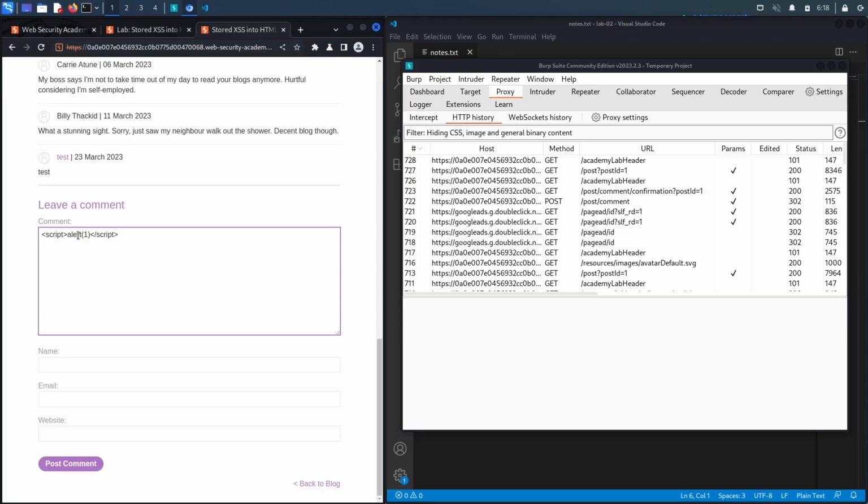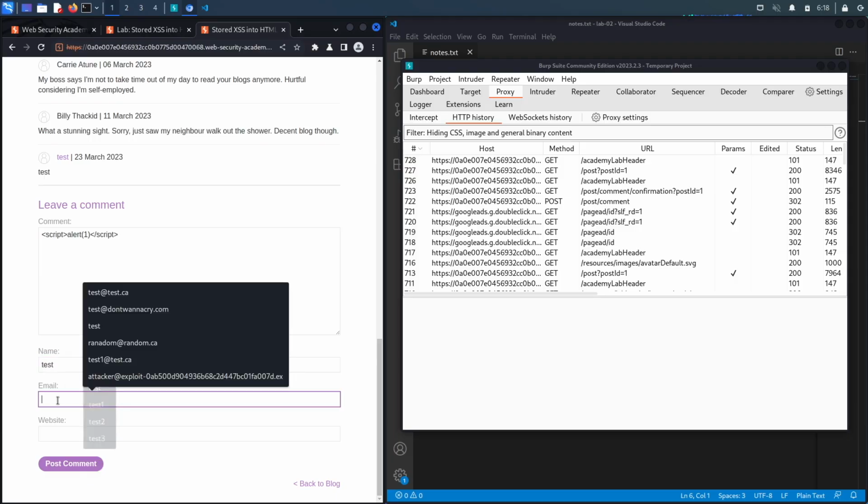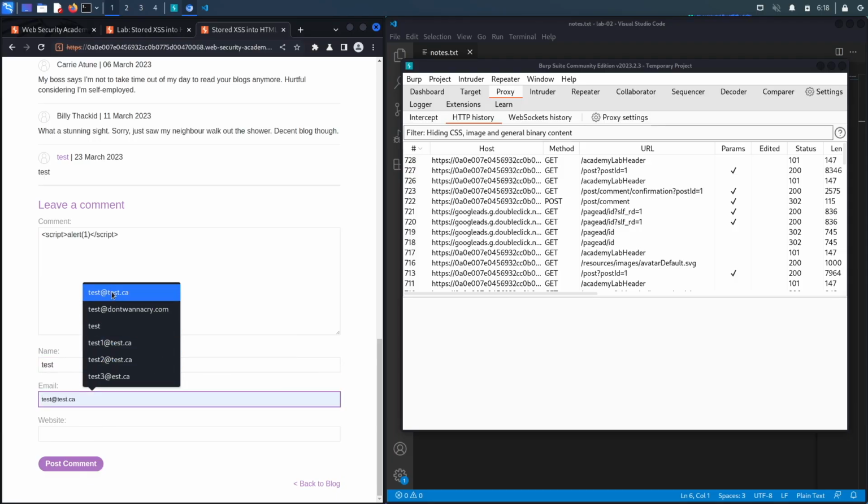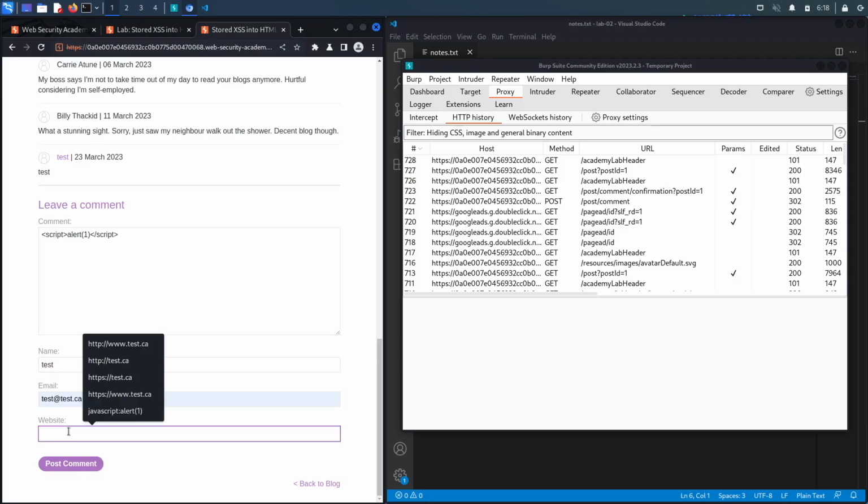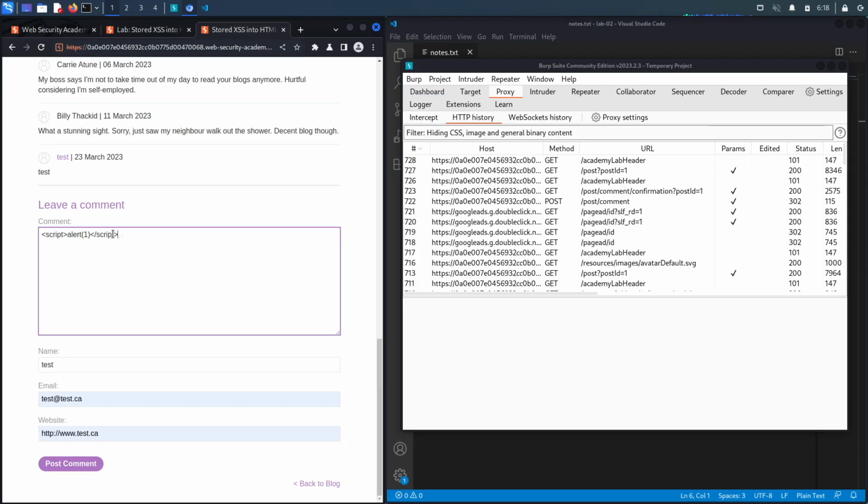All this does is call the alert function, which outputs a window that contains the string that is inputted in the alert function, which in this case is just 1. So let's put test and then test at test.ca, and then let's say the website is http www.test.ca. Now, if the input is properly encoded and validated in the backend, what happens is that this is viewed